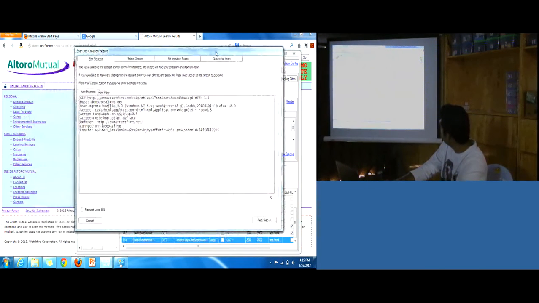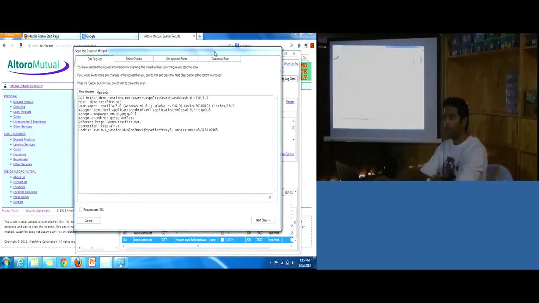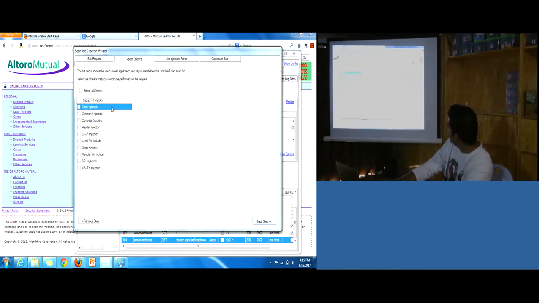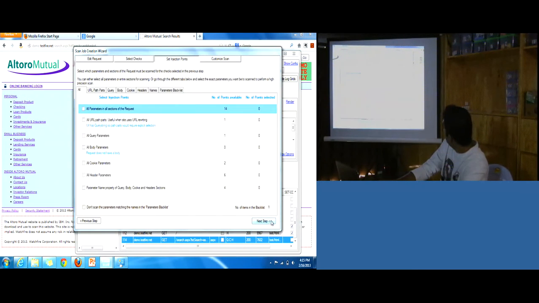You get a wizard which lets you run a vulnerability scan of that particular request. You can run through the wizard. You have a bunch of vulnerability checks you can select from. Just for the demo, I'll go with cross-site scripting. It is one of the common web application vulnerabilities. Now it is asking which section of the request I must scan.